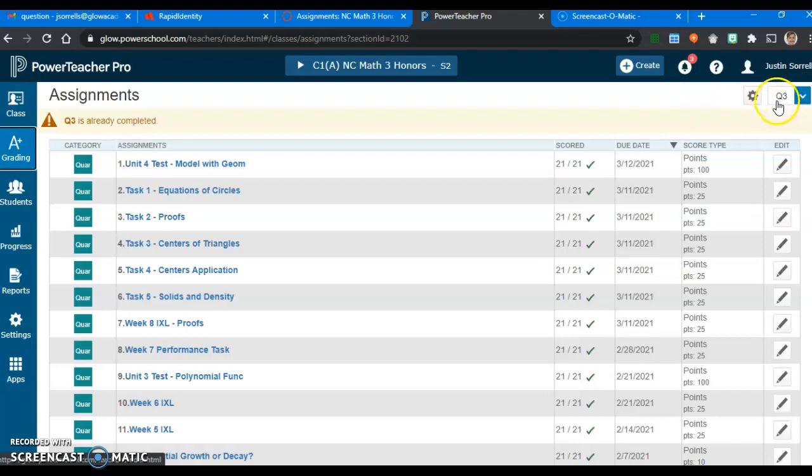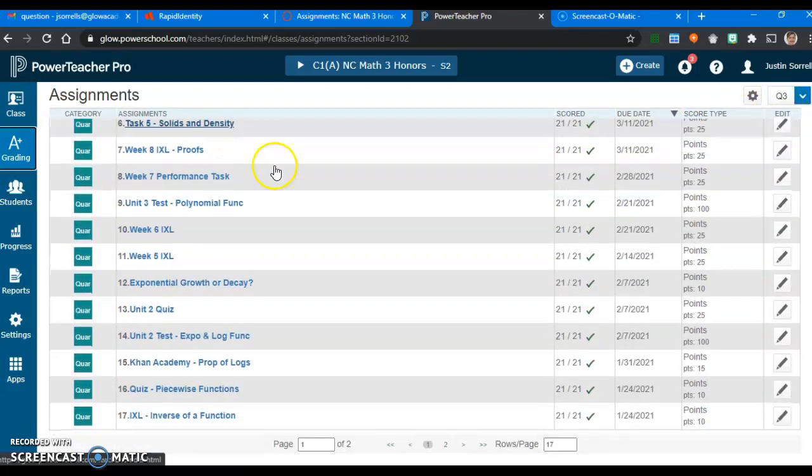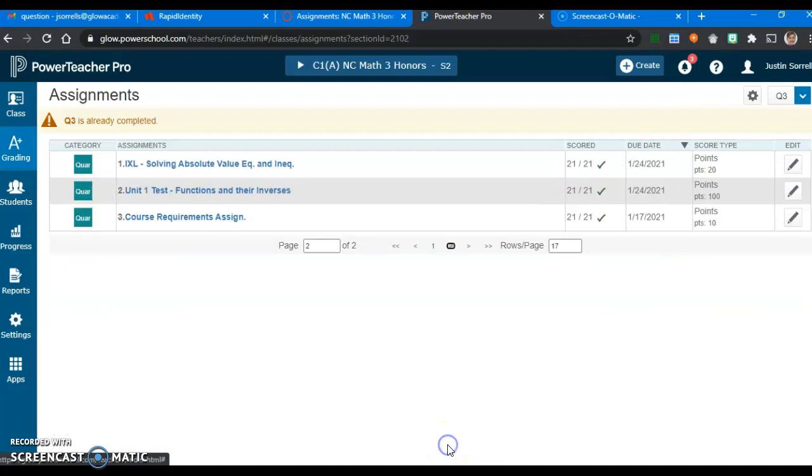At the top right, you'll notice there's a drop-down menu, and this one is highlighted as Q3. I can look here and note that there are 17 assignments listed here, but there are 2 pages. Clicking to the second page, I notice that there are 3 more assignments, for a total of 20 assignments for